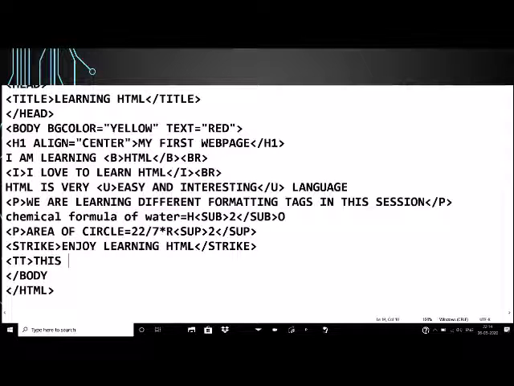This text is in typewriter style, and I will close TT tag here.